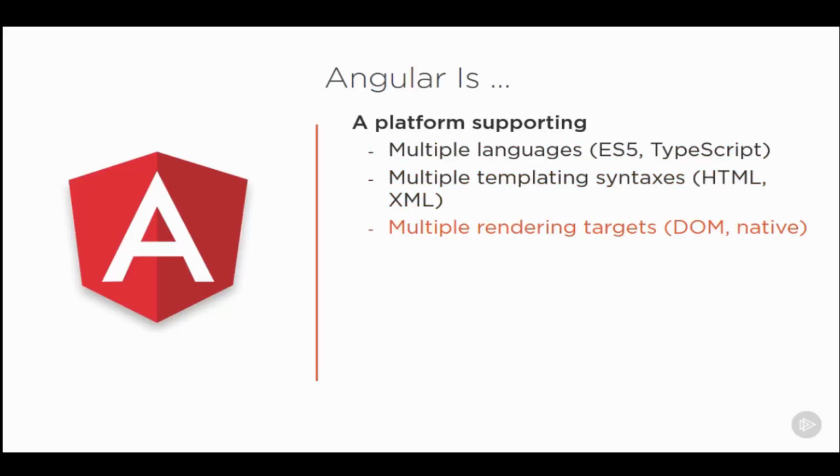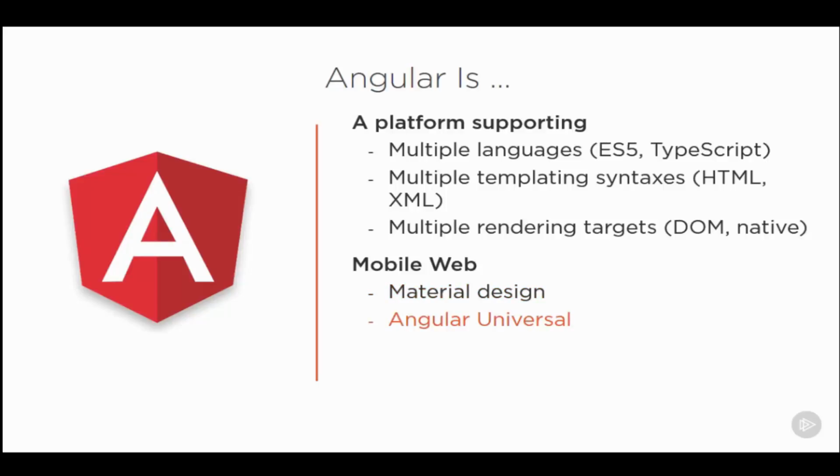It has features to support mobile web, such as Material Design, a set of widgets that work across devices, Angular Universal to pre-render views on the server, and Web Workers for background processing. And Angular supports native mobile development using products such as Ionic and NativeScript. Keep an eye on Pluralsight and Angular.io for more information on these exciting